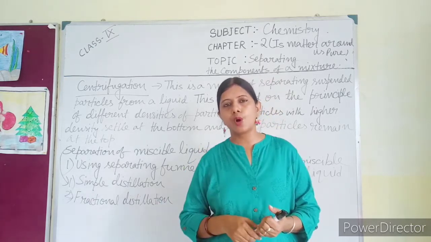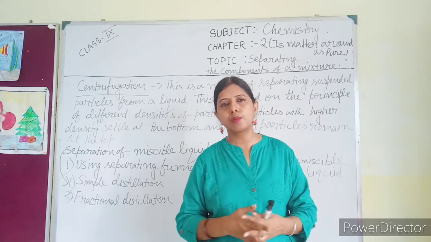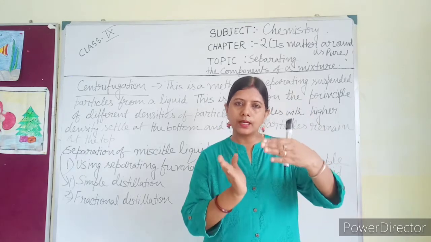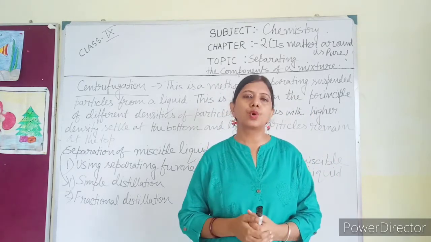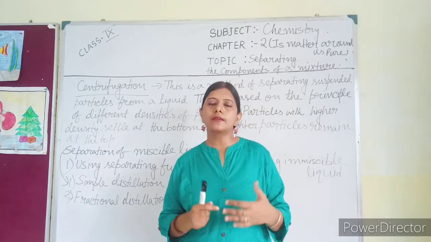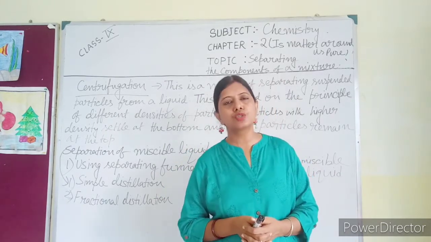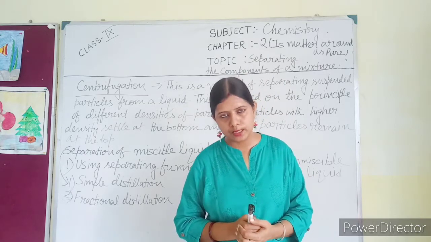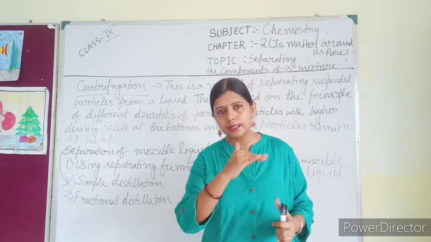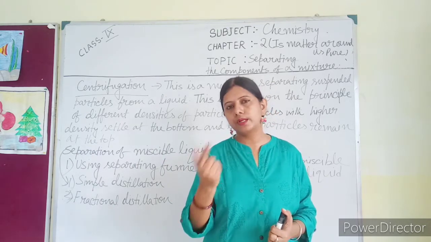Now if you open the knob, you have to carefully see that the liquid at the bottom is collected into another container. And when the other liquid comes near the knob, you have to close the knob so that both liquids do not get mixed. Although this is not a very perfect method for separating immiscible liquids, it can be used. At the layer where the two liquids meet, there is a chance of a small amount of one liquid mixing with the other.